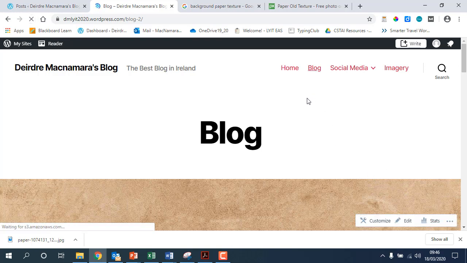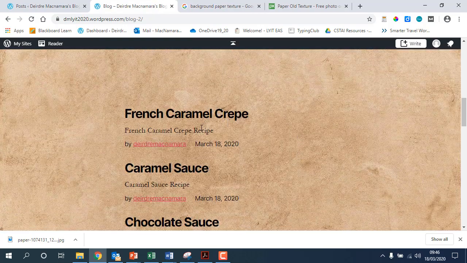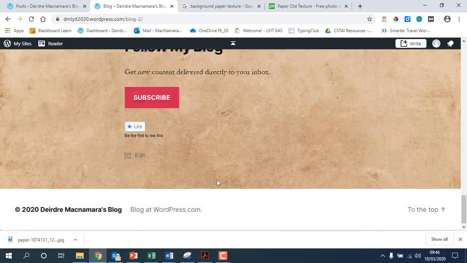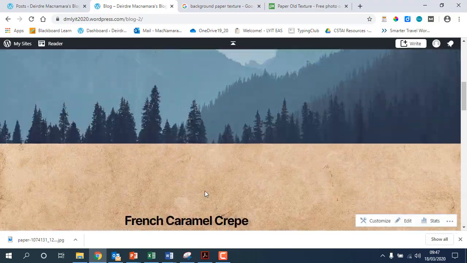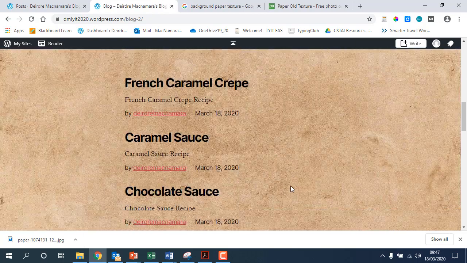The blog is where everything appears in chronological order, with the most recent up the top. Again, these are all just sample posts, there's very little in them. If they were done over different days, you'd see the most recent one up the top. But what happens if I want to see all the sweet stuff and all the savoury stuff separately, or if I want to look at all the French stuff as opposed to any of the Irish or the Chinese